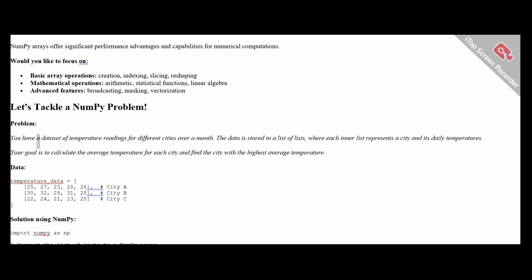Problem: You have a dataset of temperature readings for different cities over a month. The data is stored in a list of lists, where each inner list represents a city and its daily temperatures. Your goal is to calculate the average temperature for each city and find the city with the highest average temperature. Data: